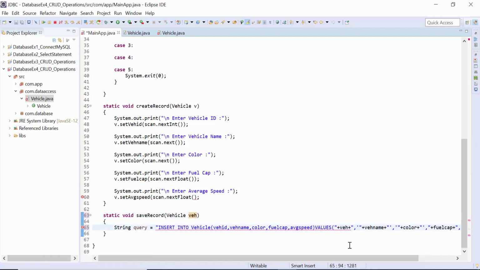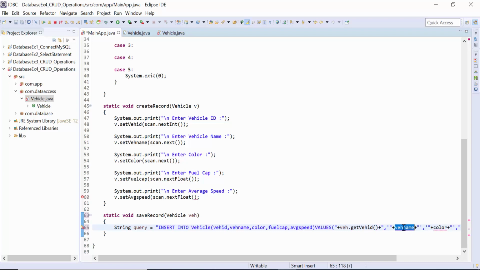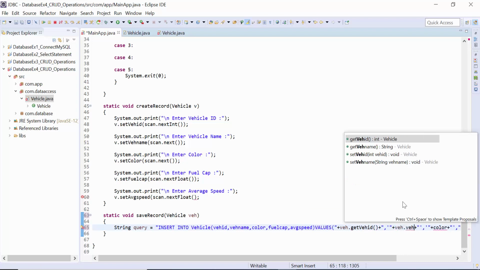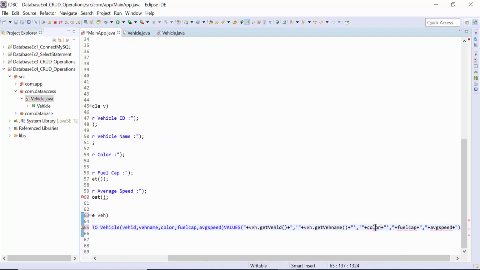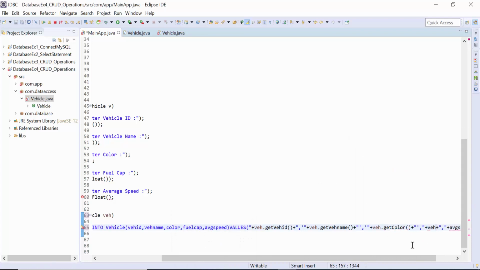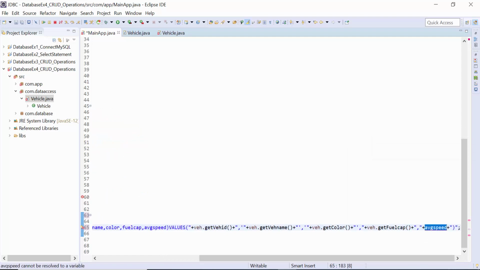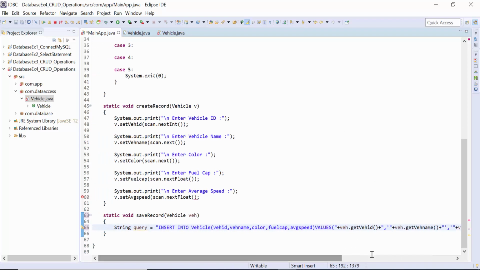What we write is veh.getVehicleId, like this, then vehicleName, similarly color, similarly fuelCapacity, and the last one, averageSpeed. Now all these records we concatenate with double quotes and single quotes, and you also manage all these things, so the query should be in SQL format, and now you can execute this query on a database.